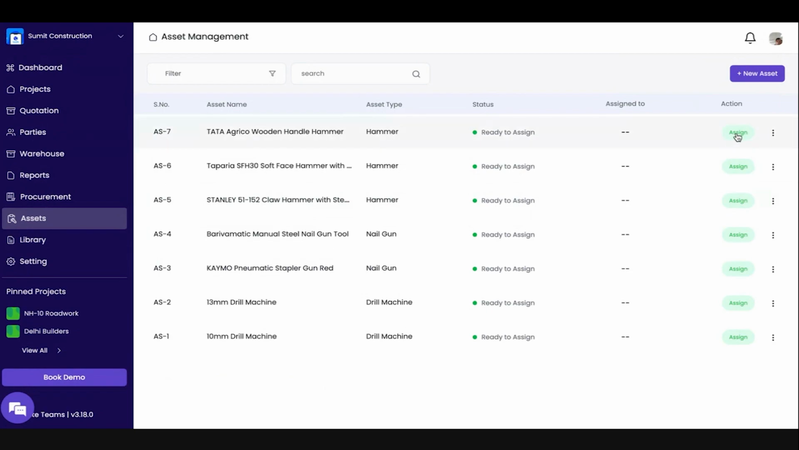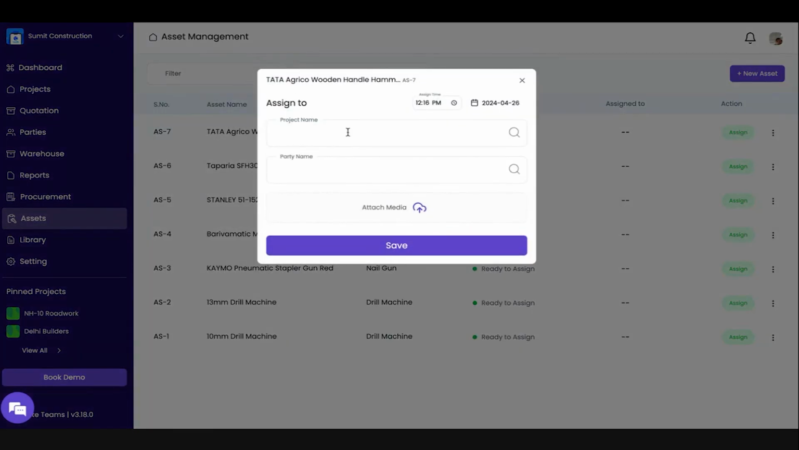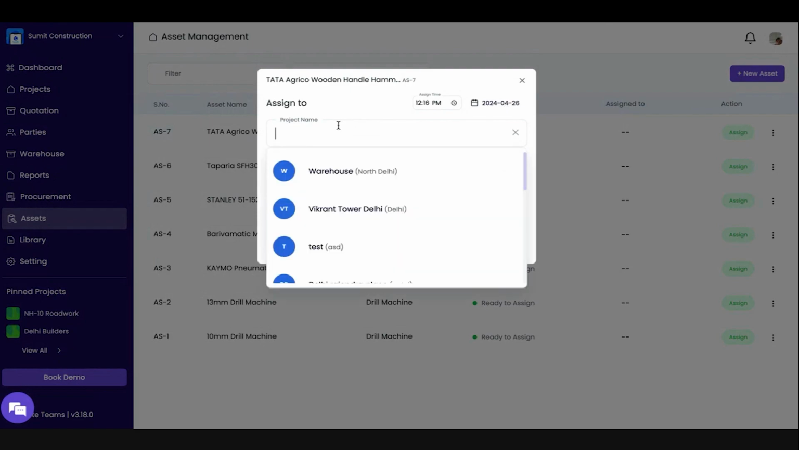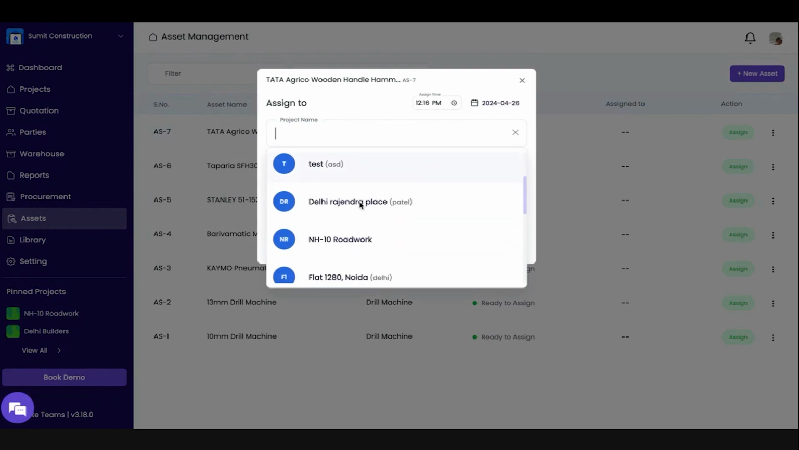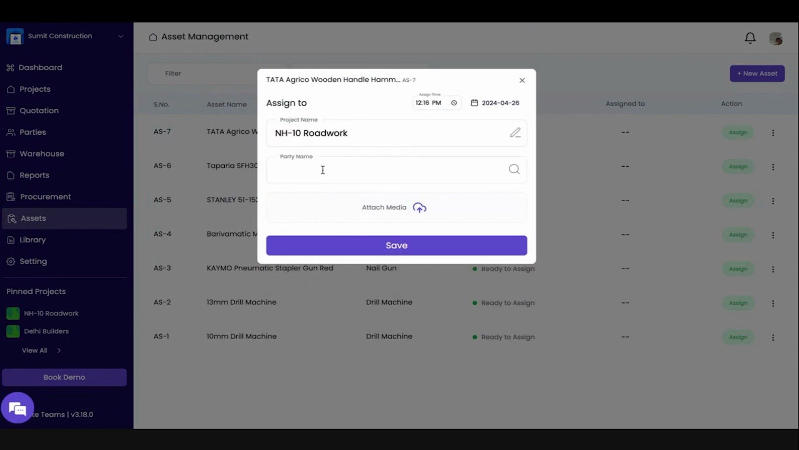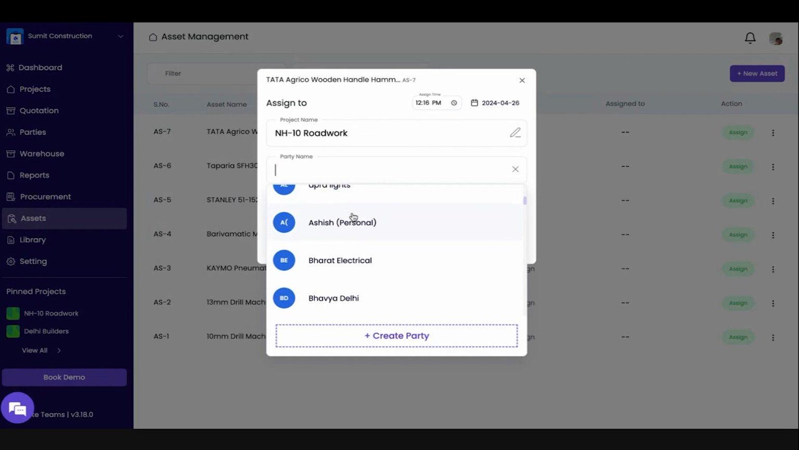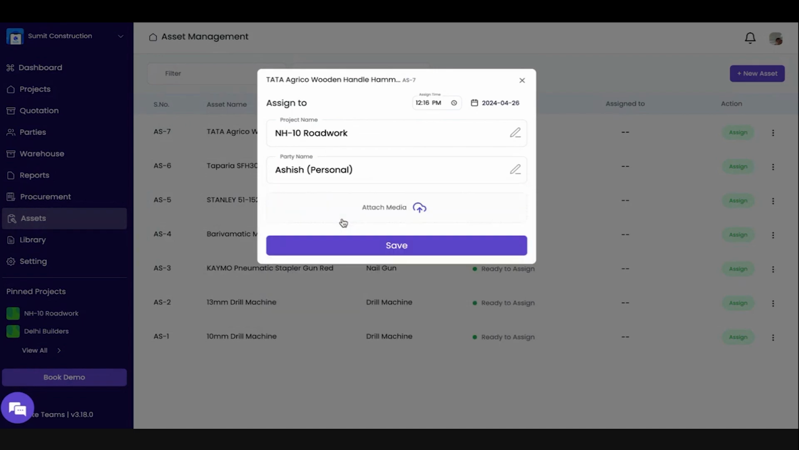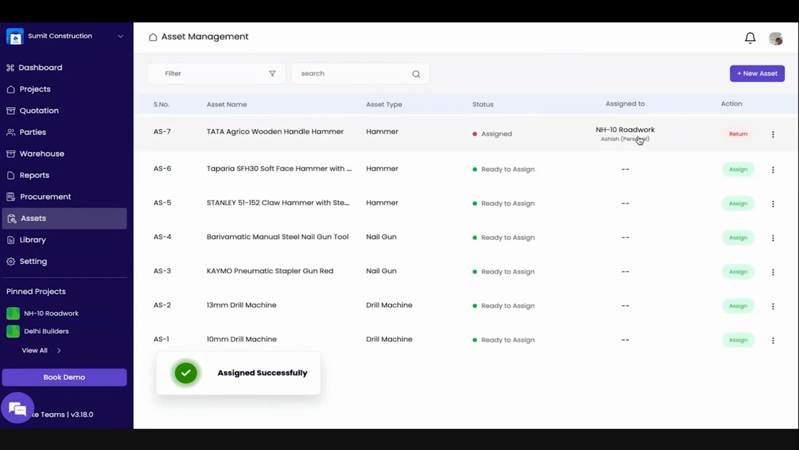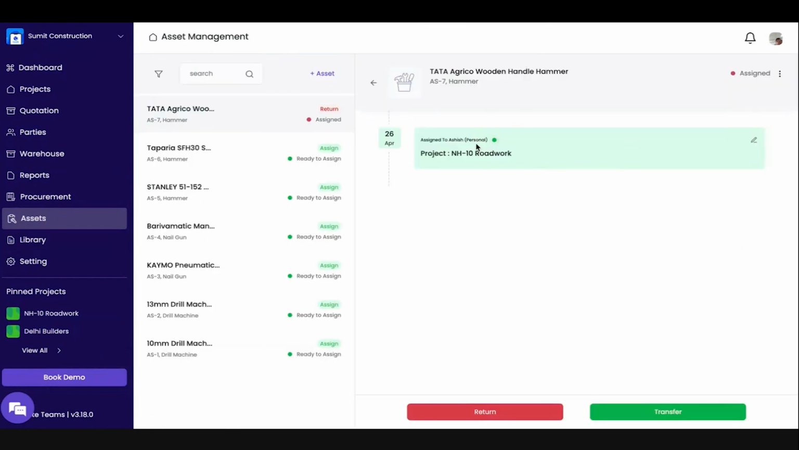So let's say we are assigning this hammer to somebody in a project. Let me choose the project name. This is the assigning time and this is the assigning date. I am choosing the project name NH10 roadwork and the party name Ashish Personal, and I will just save this. Now, if I open this, I can see the whole record